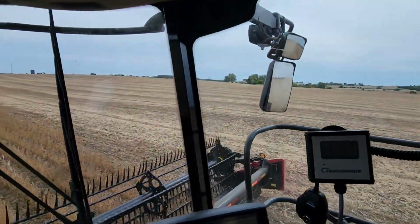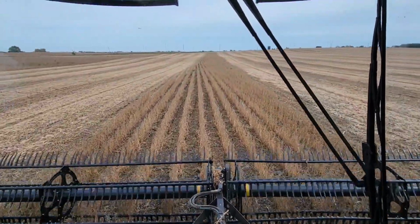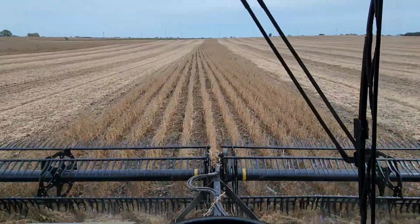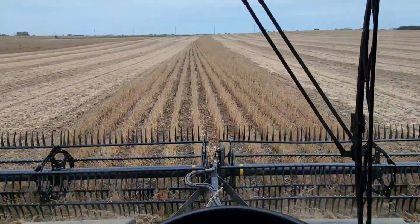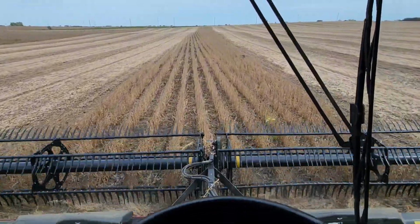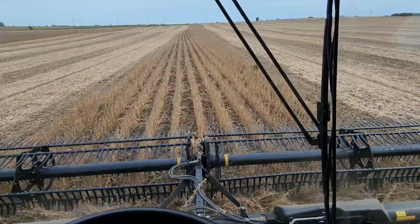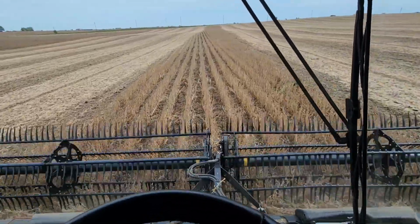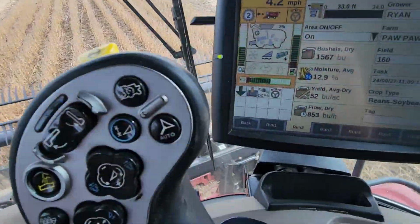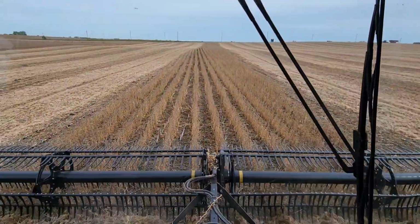I've done 101 acres of this field so far, 160 acre field. I am not impressed with the bean yield. I think the hot and dry in August finishing them off took its toll. They looked a lot better than this field's averaging 52, but